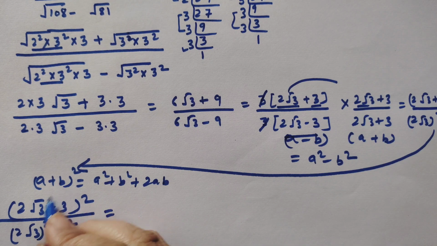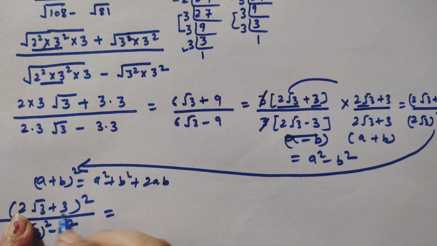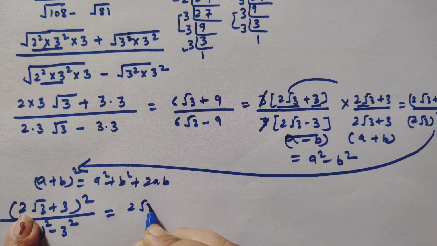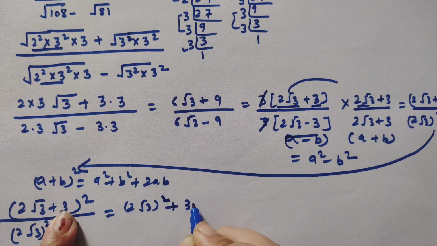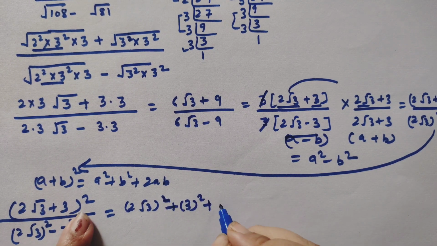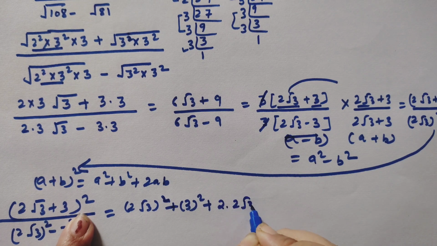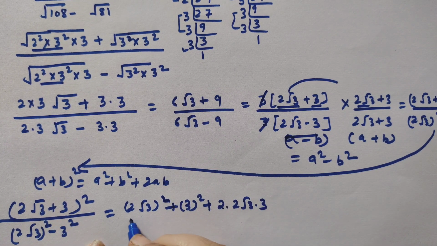So we are using A plus B whole square in the numerator. So A square is 2 root 3 square, then B square is 3 square, plus 2AB, 2A and B, upon